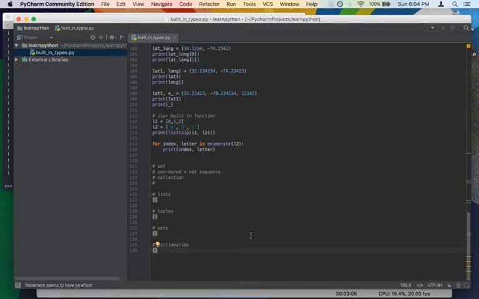But the interesting thing about them is the elements of a dictionary behave slightly different. So instead of having a set of like